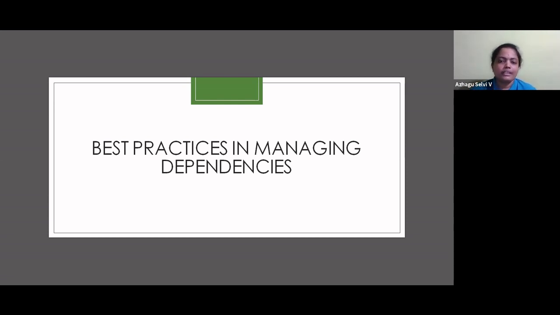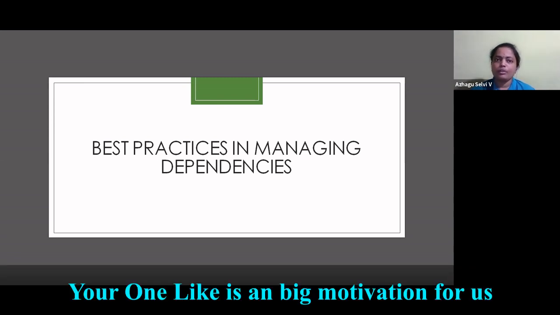It's not about just managing dependencies. What are the best practices? If we follow them, it will be good to manage the dependencies without much trouble. So first, I just want to categorize into three. First, we need to identify what the dependencies are. Second, assign action owners and define the date for the closure of the dependency. Third, track the dependencies. This is what I feel we first need to ensure is taken care of.